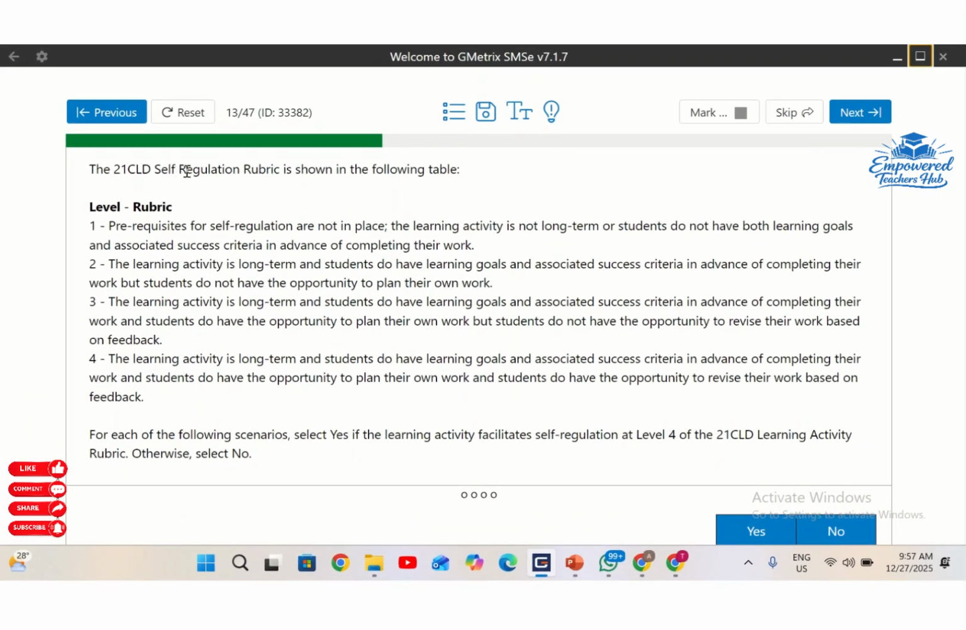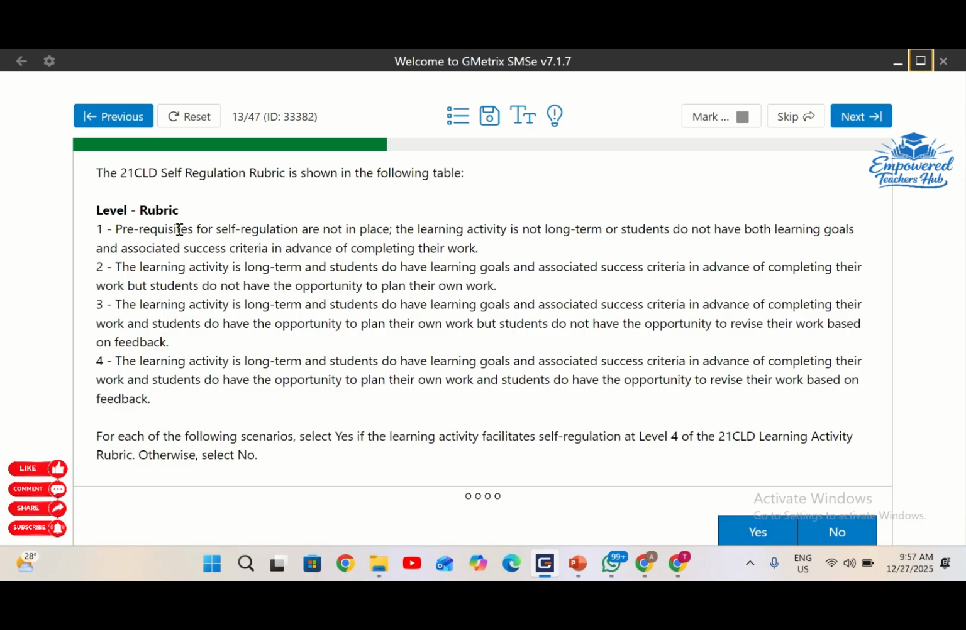The 21CLD self-regulation rubric is shown in the following table. Level 1: the prerequisites for self-regulation are not in place. The learning activity is not long-term, or students do not have both learning goals and associated success criteria in advance of completing their work. Level 2: the learning activity is long term and students have learning goals and associated success criteria in advance of completing their work, but students do not have the opportunity to